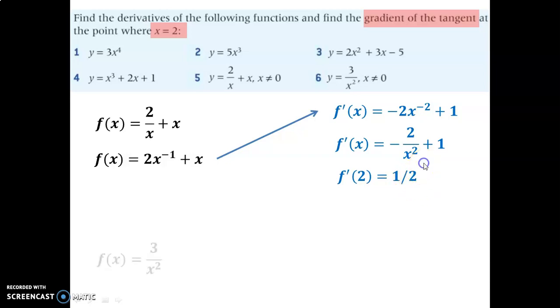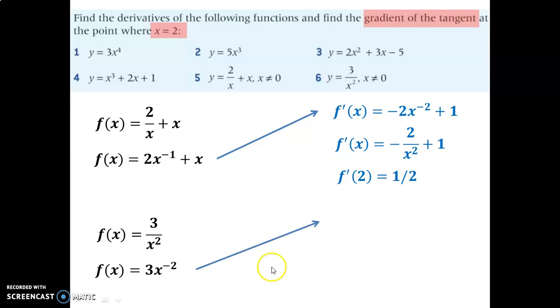Check your work on that. Now try this one. It's a similar kind of problem. And check your work on this one. Again, that was brought up like this. Therefore, the derivative is this. The negative 2 is dropped down to make negative 6, and then reduce the exponent by 1. Now that derivative can be rewritten like this because we have a negative exponent, so it can go back down to the denominator. And now put x equals 2 in there, and you get